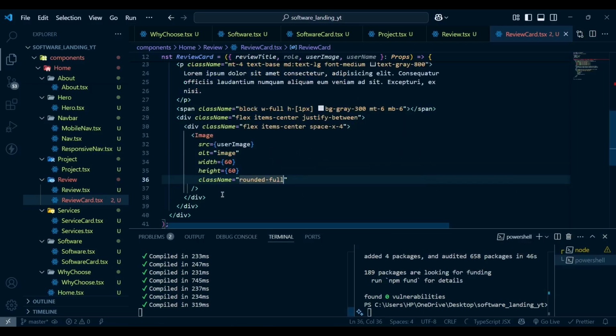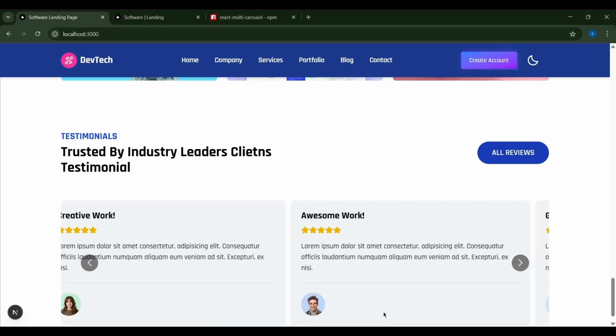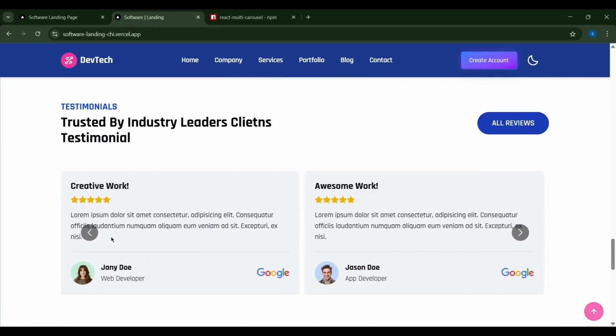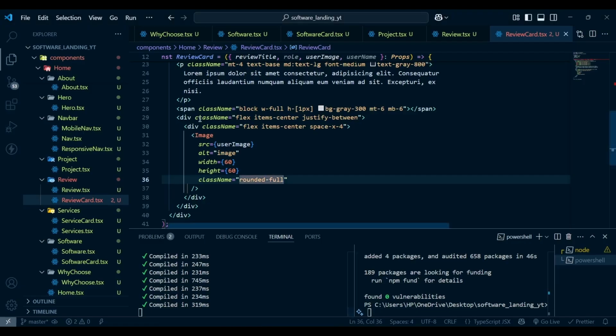That's it. So now if I go to our project, here you can see we have the user image. Next we have the user name, role, and the photo here. So let's go here. So after the image and after this div,